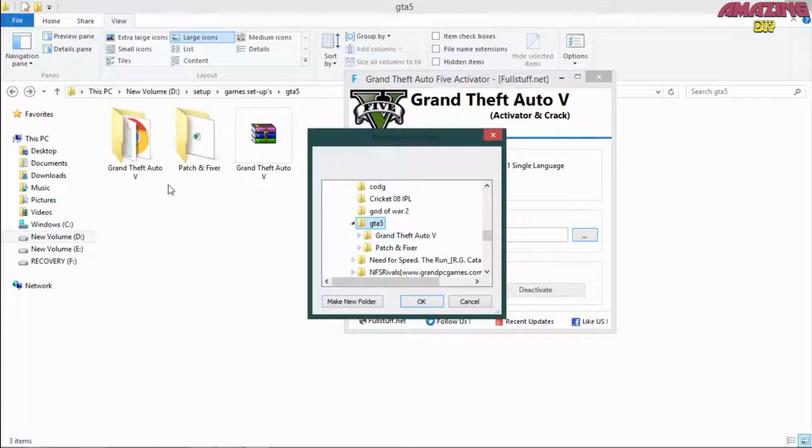And here you see the main GTA 5 auto. Click on it and OK.